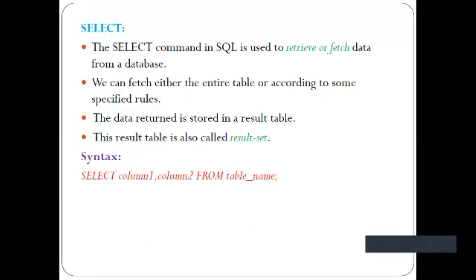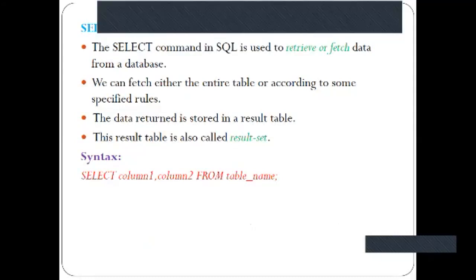The syntax is select, either select column name, any of the columns which you want to display, from table name. Or here you can also write select star from table name.